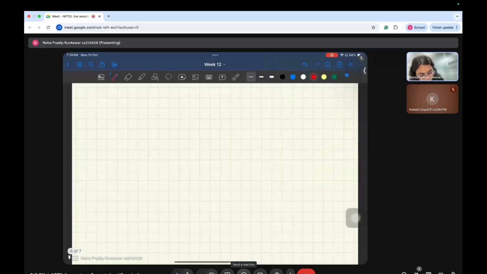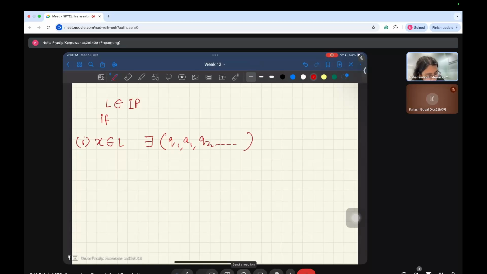We say that L is in IP if whenever X is in the language, there exists a series of transcripts, an exchange of messages between the prover and verifier, such that the verifier V accepts with probability at least 2/3, and if X is not in the language, then